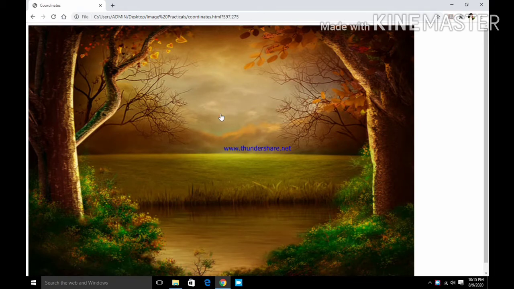I can see the coordinates here in the URL. The center of the circle is 597, 275, and for example I am putting a radius of 100. So for the circle my coordinates will be 597, 275 and 100.